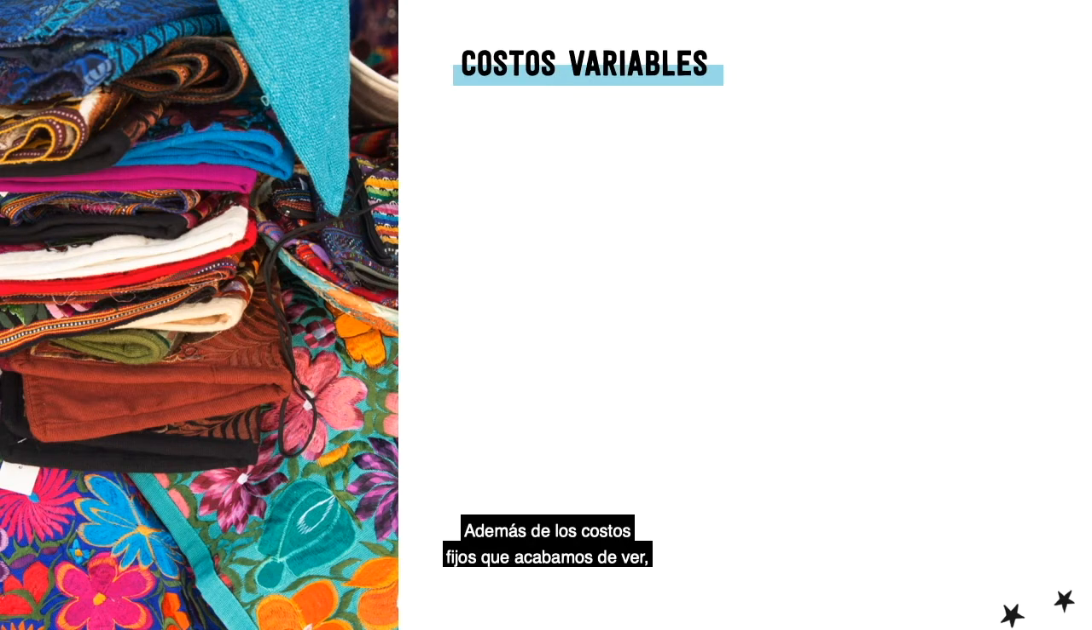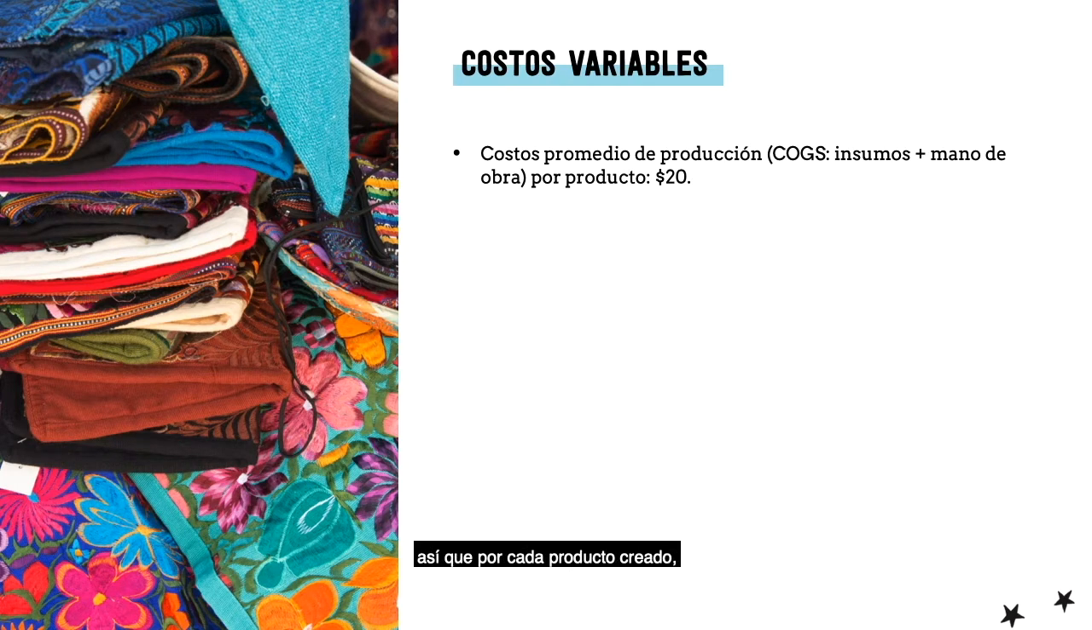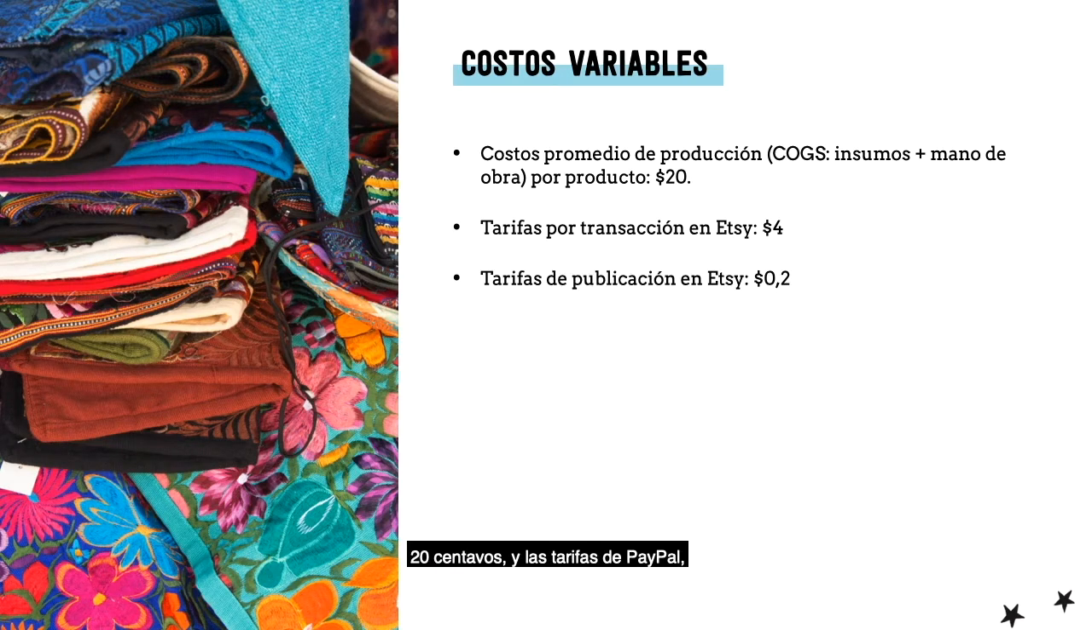So on top of the fixed cost that we just looked at, this shop has an average production cost. So for each product created, there are costs in supplies and costs in labor that add up to $20 per product. And then we also have, because we're selling on Etsy, to pay some fees that Etsy charges us to use and sell on the platform. These are the Etsy transaction fee, which is $4 for an average product price of $80, Etsy listing fees, 20 cents, and the PayPal fees, which is the merchant fees that PayPal charges us when someone makes a purchase using Etsy, which are